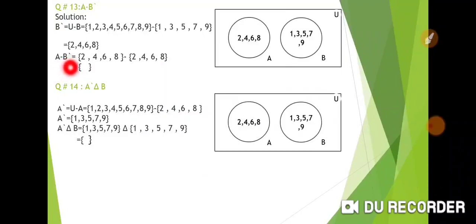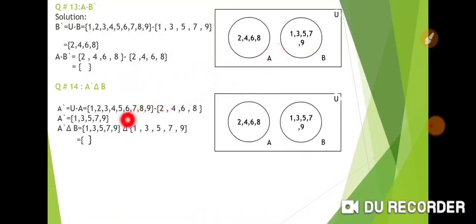And then we are going to take A minus B complement. Here this is the set A and this is the B complement set, 2, 4, 6, 8. Again what do we get? Null set. So this is the diagram for A minus B complement. As I told you, set A and set B are disjoint sets. There is no element common in A and B, so we draw the circles separately. Second thing, we have to shade, but as our answer is null set, we are not going to shade it.